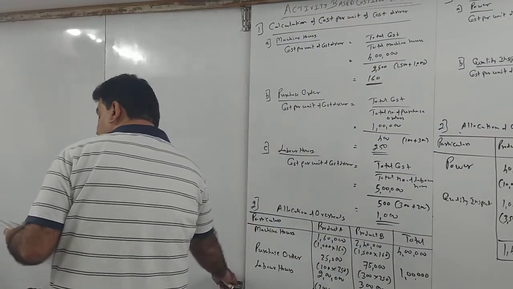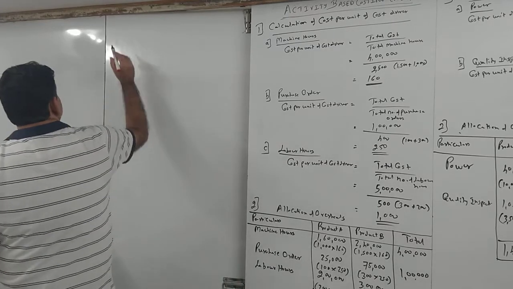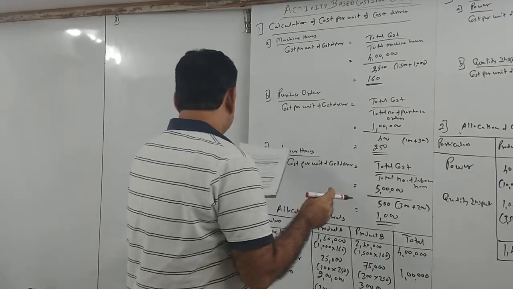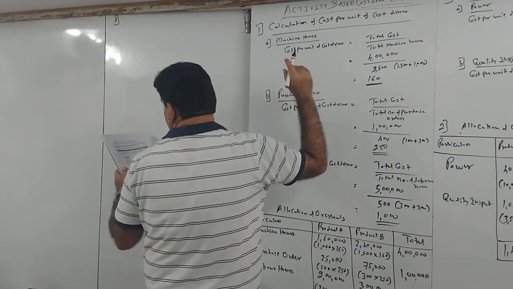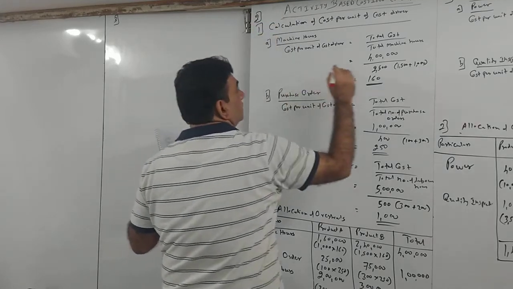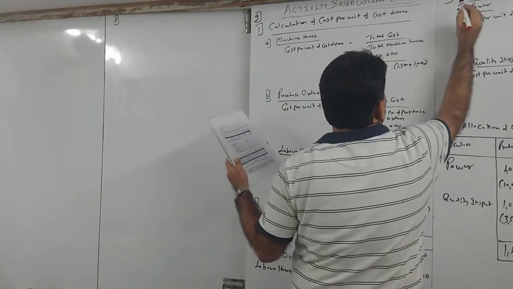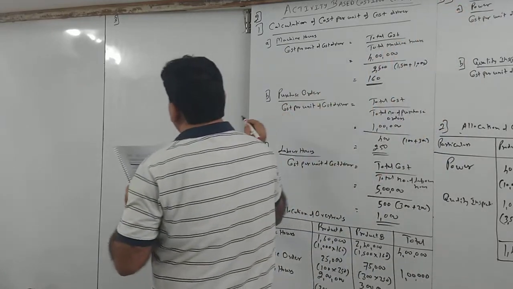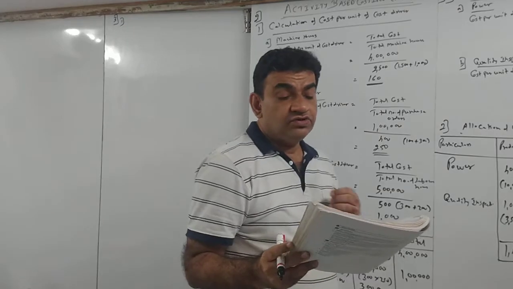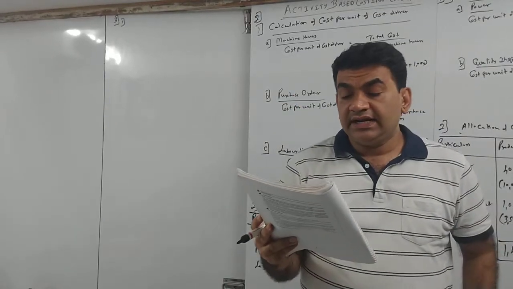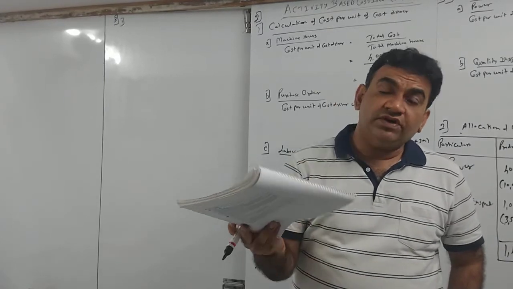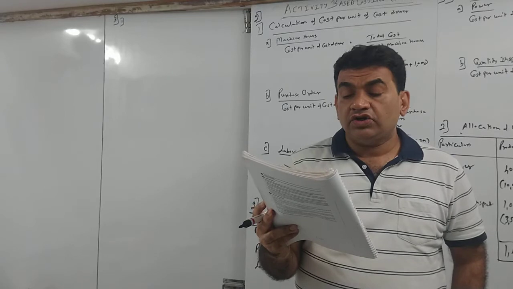Third वाला question. लगता बड़ा है, but it is very simple. Question number 3. I will manage it. ठीक है, ये कौन सा था अपना? The first question was question number 2. This was question number 4, and this is now question number 3. Let's see. Use the following data. Estimated data is given. Machine setup, number of setup, straightforward information है. Inspection, number of inspection. Actual data on job 1, 2, 3, 4.